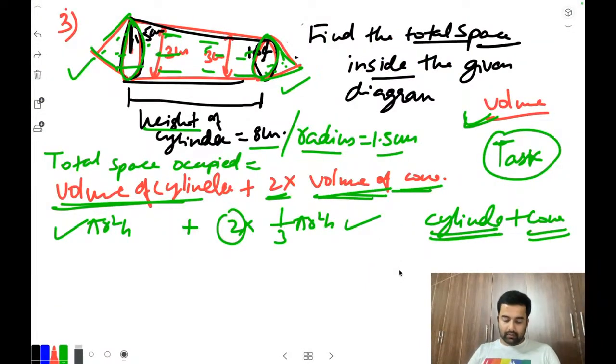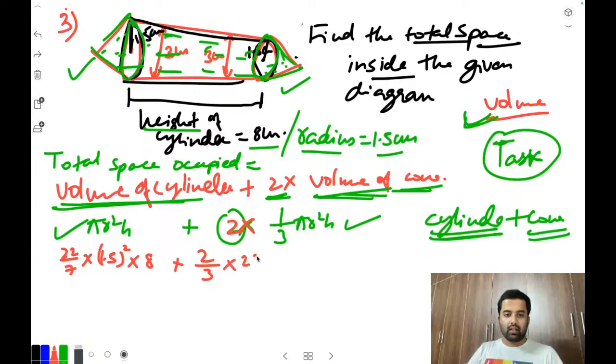Whatever I had kept, just let me write. See, here, let's put the values. Pi value we were having as 22 by 7. R square stands for 1.5 square. H stands for 8. And 2 into 1 by 3 becomes 2 by 3 only. Now again 22 by 7 into R square, which is 1.5 square, and height will be